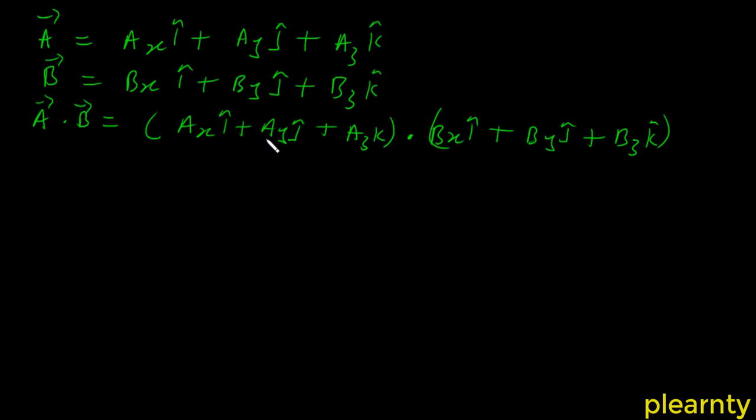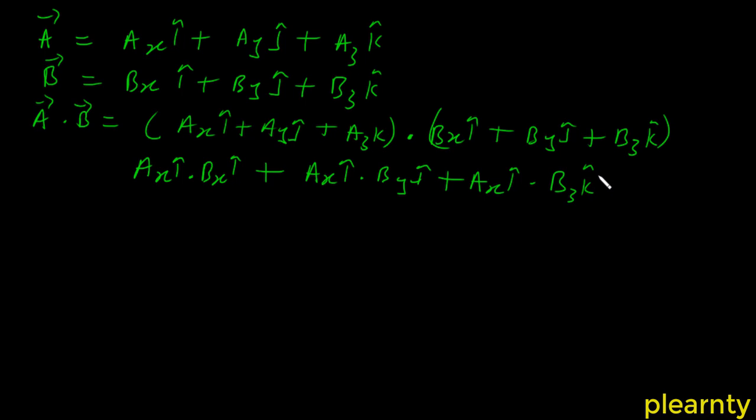When you want to open this bracket, what do you do? You multiply this by everything here, do the same for this by everything here, and this by everything here. Let's do that. AX i dot BX i plus AX i dot BY j plus AX i dot BZ k plus